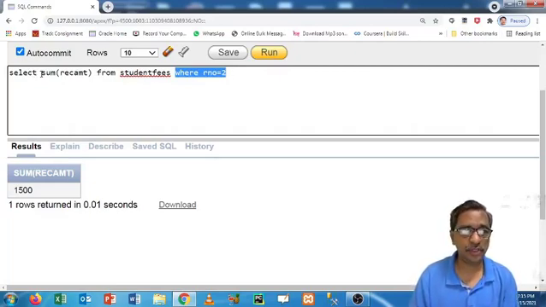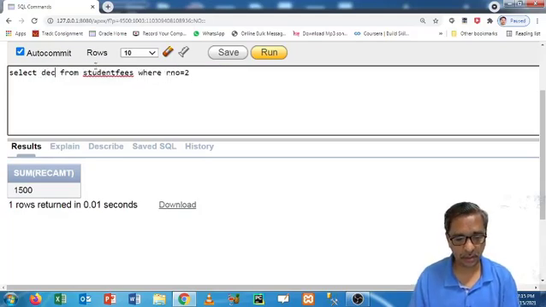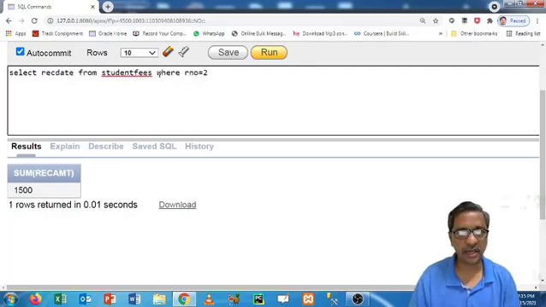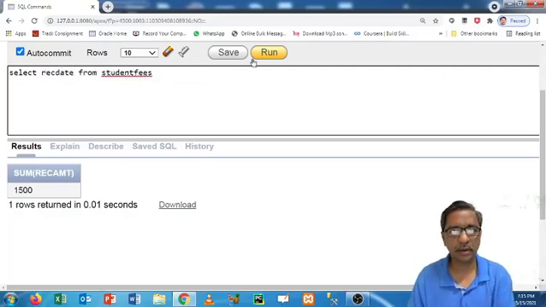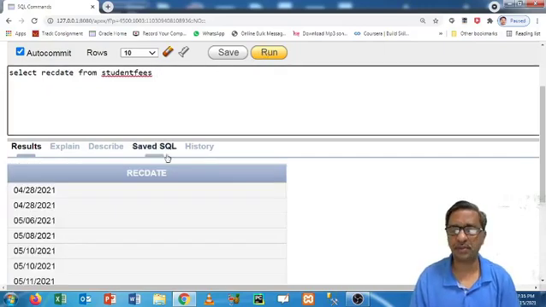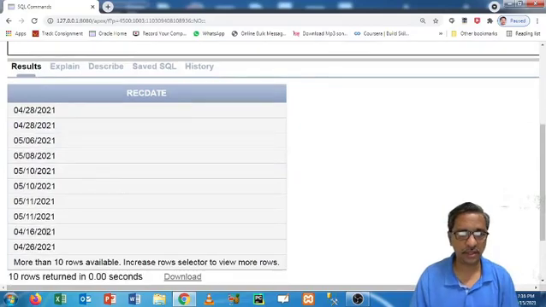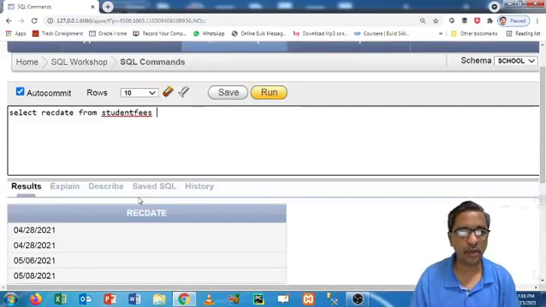So first of all, to work with date, I will select receipt date, only receipt date from the student fees. First of all, we will check how we can separate the date. So this is the data. I have total, sorry, 11 rows I have inserted.